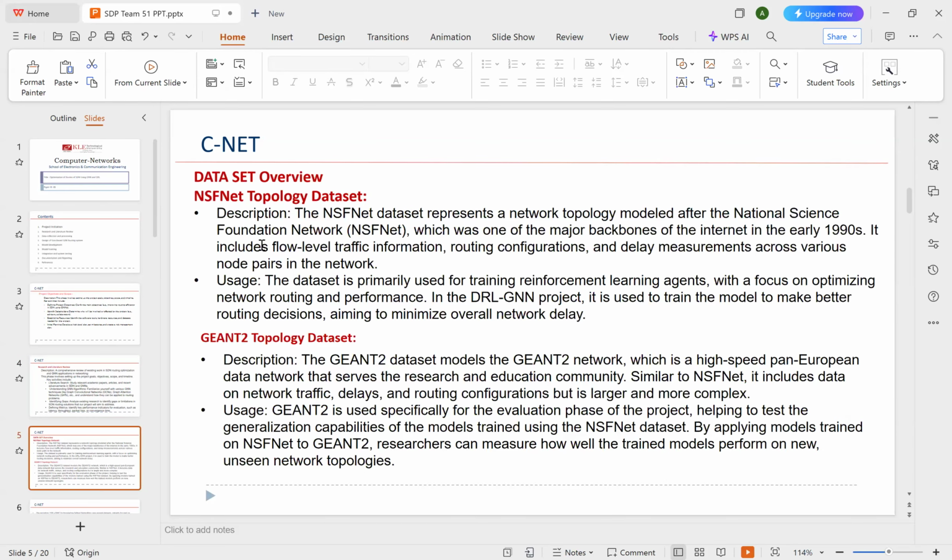These are the datasets which we have collected. The first one is the NSFNET topology dataset and the GEANT2 topology dataset. NSFNET basically has graphs, nodes, and adjacencies, and was one of the major backbones of the internet in the early 1990s. The primary use is for training reinforcement learning agents with a focus on routing optimization, aiming to minimize the overall network delays. Our main focus is on three things: throughput,